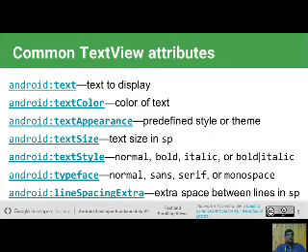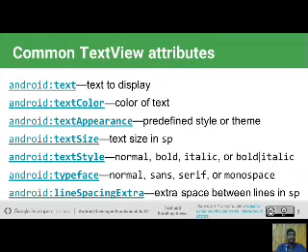To set the text there is the text color, to change the text color; text appearance, a predefined style or theme; text size, you change the text size in SP and DP. And next is text style.